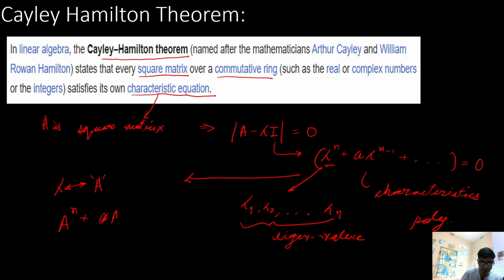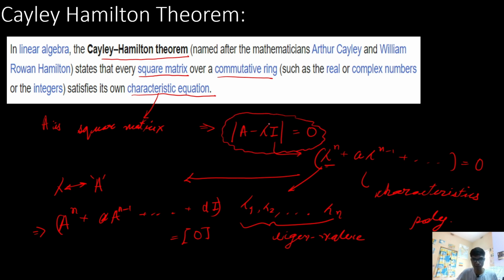So this will be something like A to the power n, then A to the power n minus 1, and so on up to some constant times of I, the identity matrix, which is equal to the null matrix. Okay, so this is known as the statement of the Cayley-Hamilton theorem. So basically you have to solve this particular determinant. From here you will get the eigenvalues, and from the eigenvalues you form the characteristic polynomial to get the characteristic equation of the matrix. Again, another way to represent the Cayley-Hamilton theorem can be